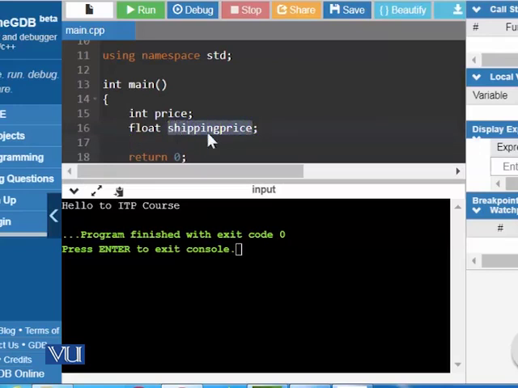In other words, we can store any value that contains a decimal point in the memory location being referenced by the shipping price. However, we cannot store any value that contains a decimal point in the memory location that is being referenced by the variable price. Similarly, we can define another variable, character,